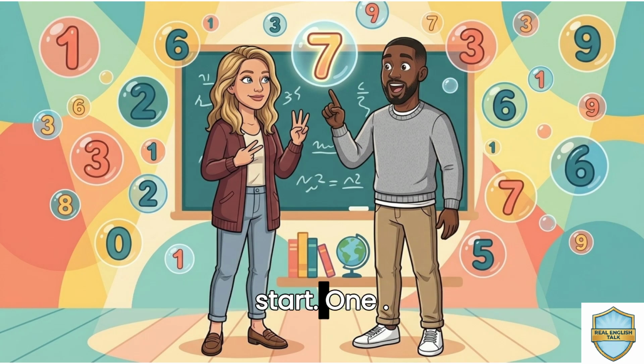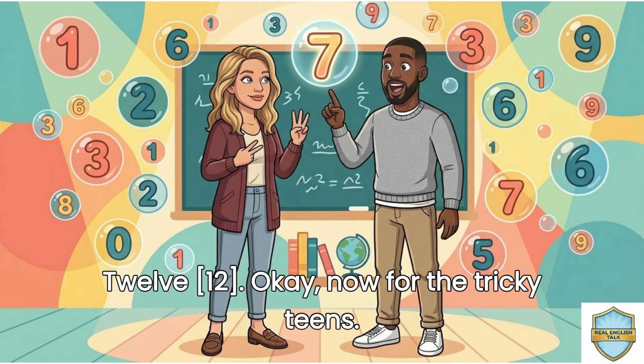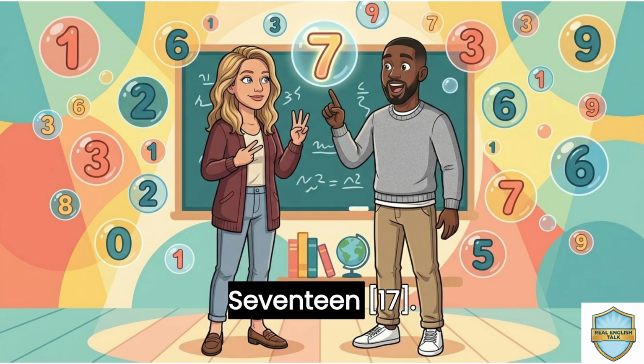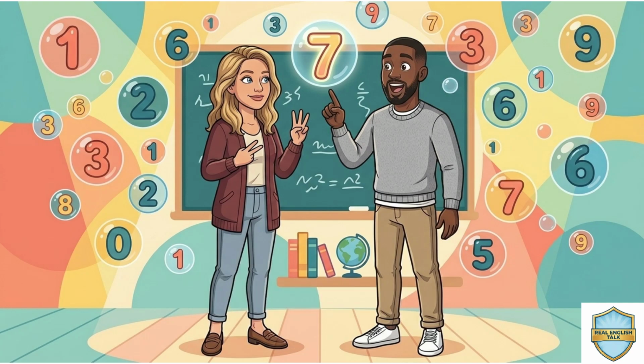I'll start. 1, 2, 3, 4, 5, 6, 7, 8, 9, 10, 11, 12. Okay, now for the tricky teens. 13, 14, 15, 16, 17, 18, 19,